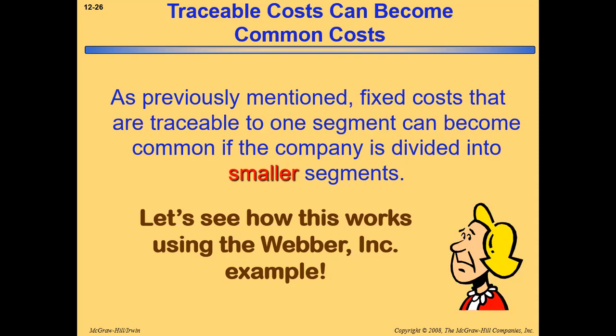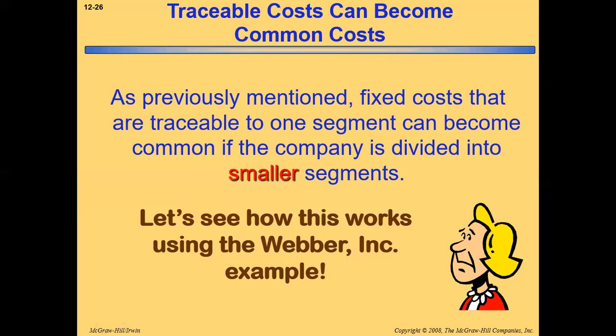We earlier said that in a particular segment like the television division, traceable fixed cost can be common cost. As previously mentioned, fixed costs that are traceable to one segment can become common if the company is divided into smaller segments. Like for example, television